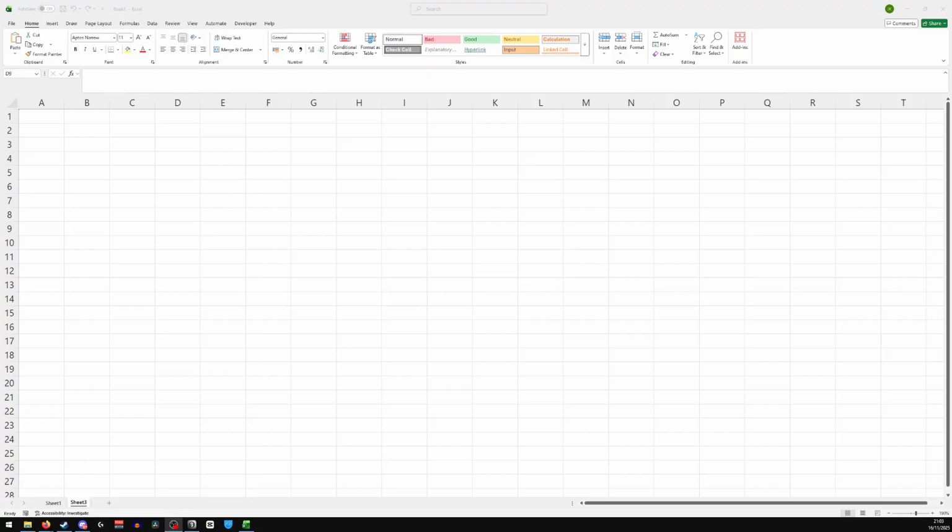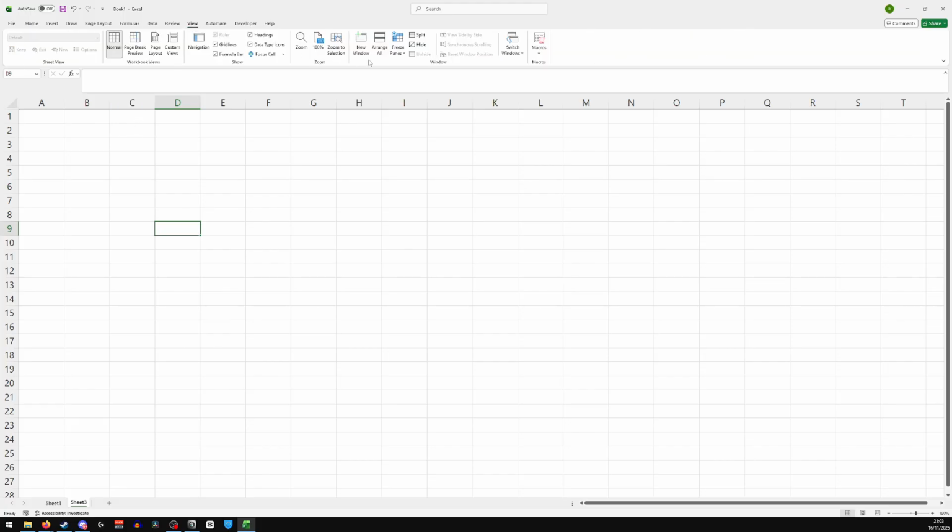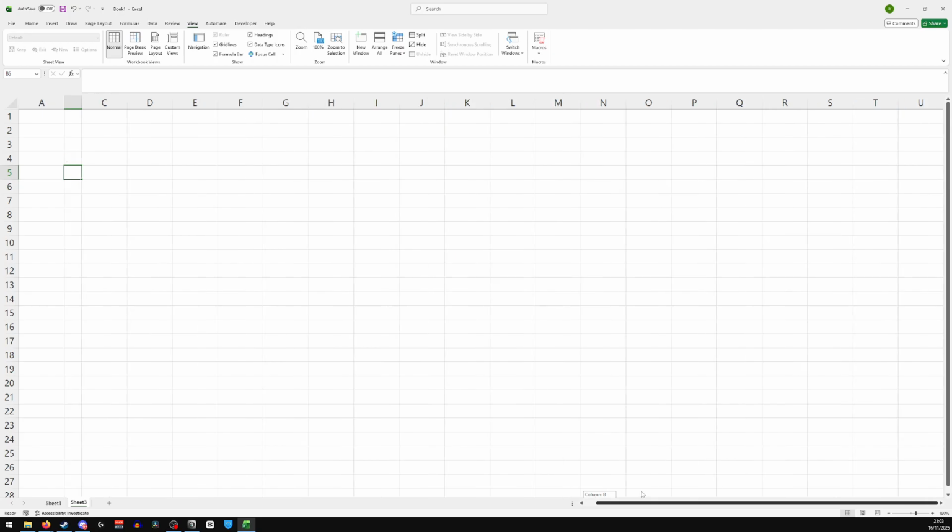Okay, so first thing you'll want to do, there's actually two different ways of doing this. The first thing I'd like to do is go to View at the very top, and you see the option for Freeze Panes. You can go ahead and freeze the first left column. So you can see we have these options here. Even if I type in "hi", for example, you can see the left column stays exactly